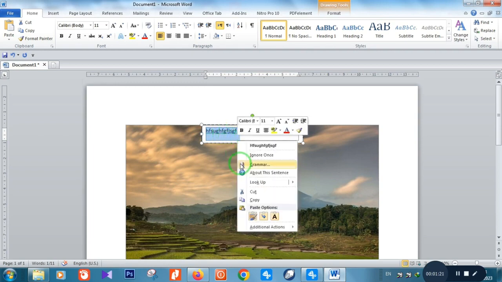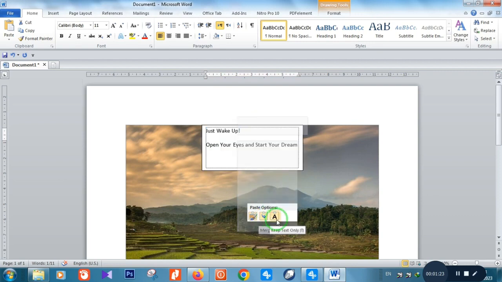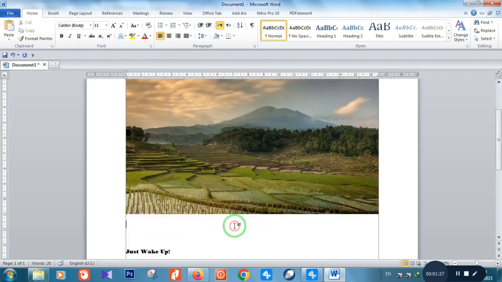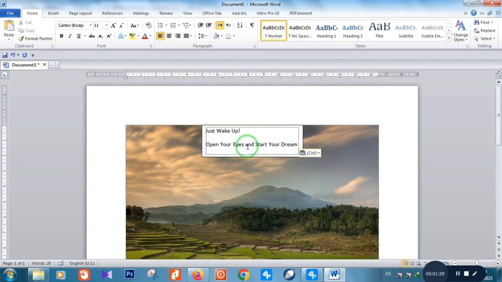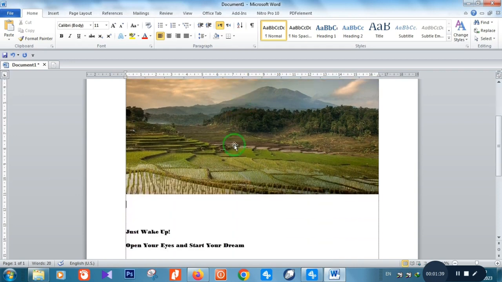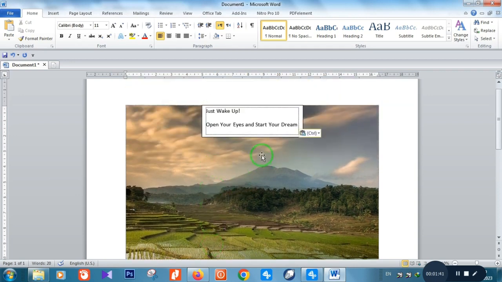Right click, paste. Okay, now you can see that the text is already inside of the text box, and the text box appears up on the image. And what I'm going to do next is to modify the text. Okay, I can block the text,